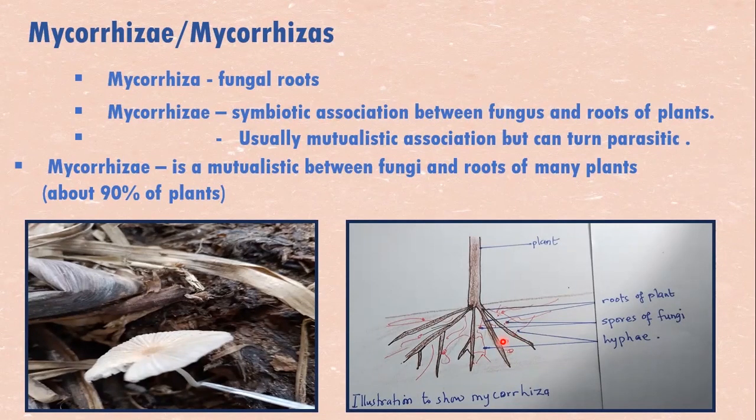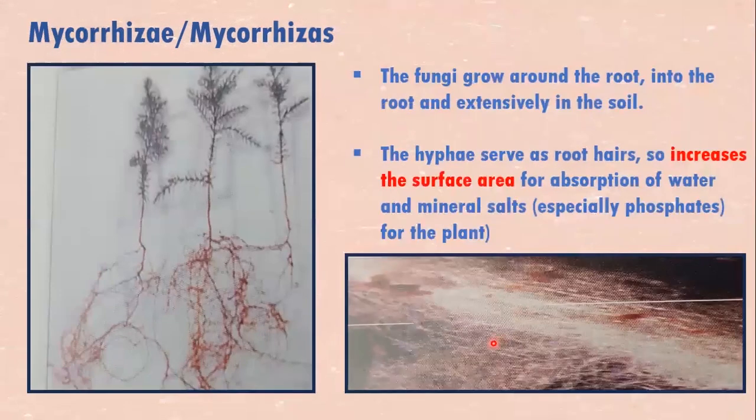Now we want to look at pictures of mycorrhiza. Here we have these plants, we have these roots. Hyphae is growing around these roots. This is a picture of a root. It's not too clear, but all these are hyphae. This area is hyphae. All right? The fungi grows around the roots. It grows extensively in the soil, and